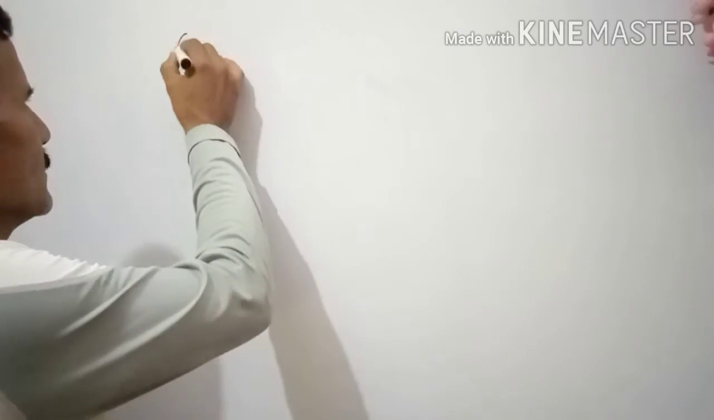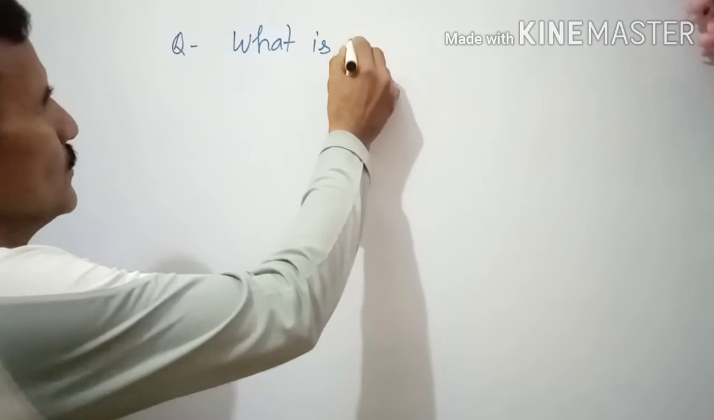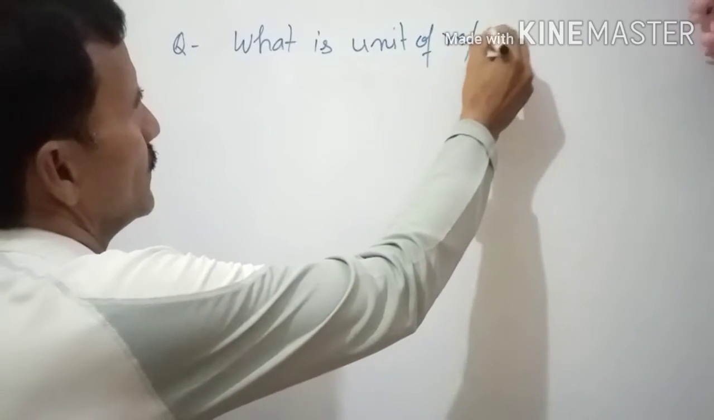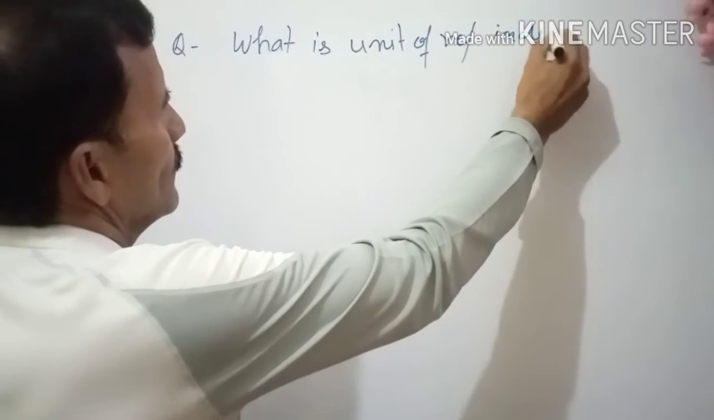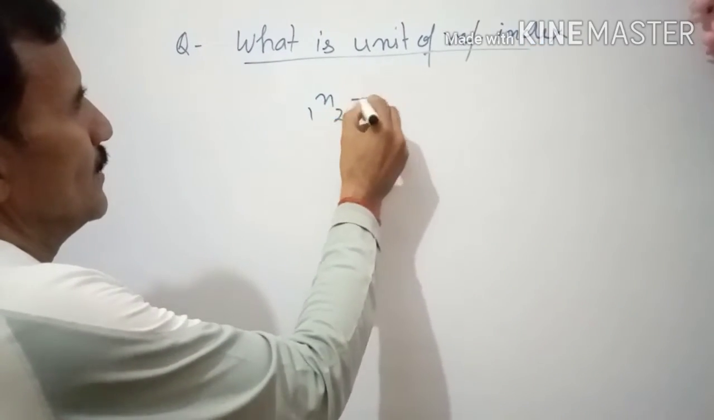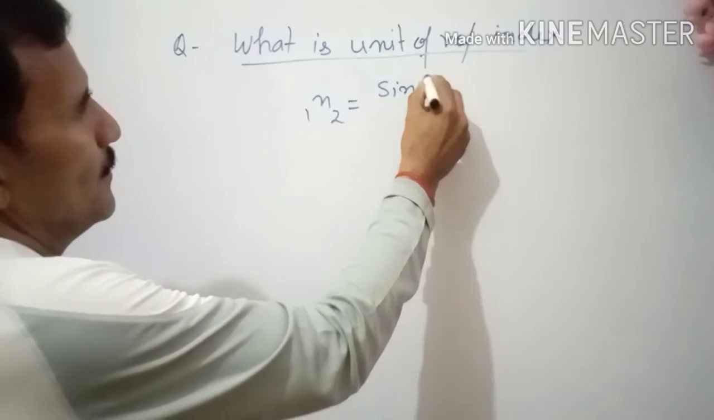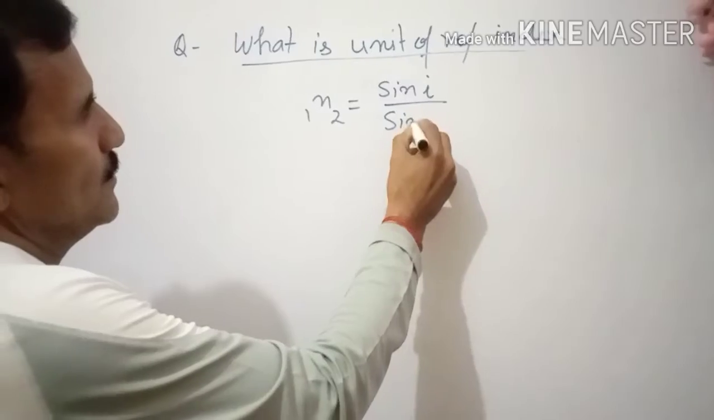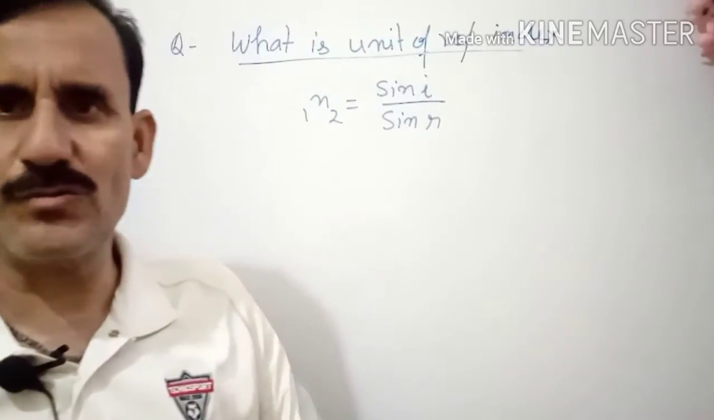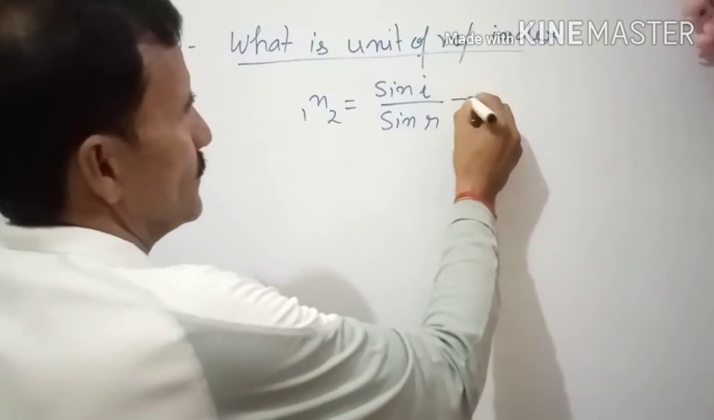Suppose anyone is asking you what is the unit of refractive index. So better you know, refractive index is always given by sin i upon sin r. You know i and r are angles. Angles are also unitless quantities. It is also further defined as the